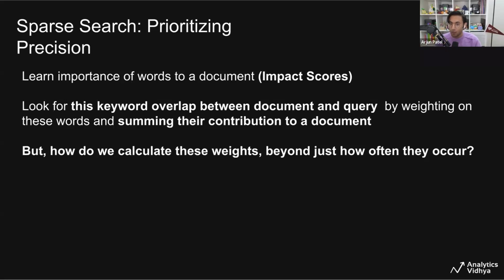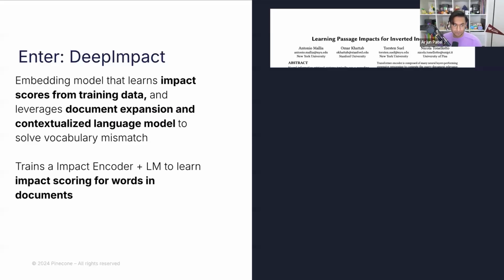So with keyword search, we can think of the importance of a given word as the frequency of how often that word occurs within a given document. Here, we're going to try to learn a formula for the importance directly instead of just having it be the frequency. So what we'll do is look for the keyword overlap between document and query, and we'll weight on the words. Then we'll take those weights, sum them, and that will represent how relevant that document is to a query. So it's not just the direct frequency, it's also the importance and how much that weights and sums into that query. So the question becomes, how do we nicely calculate these weights beyond how often they occur? We need some better way of understanding how important these words are.